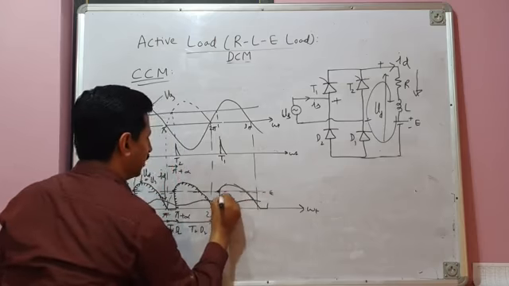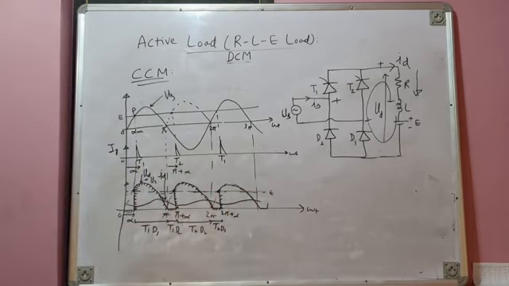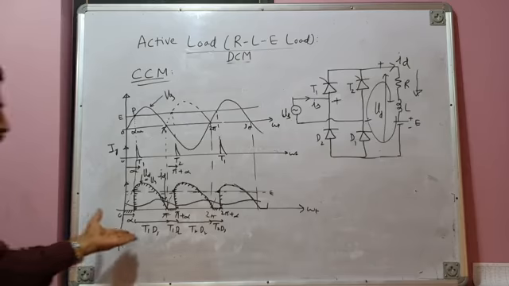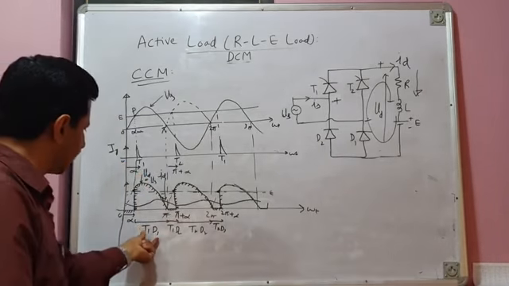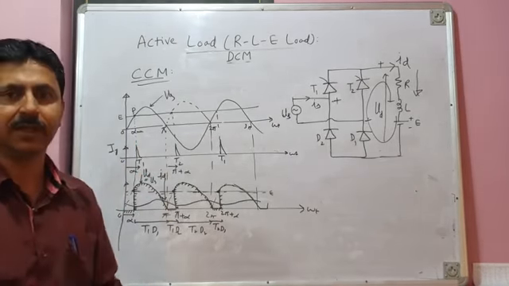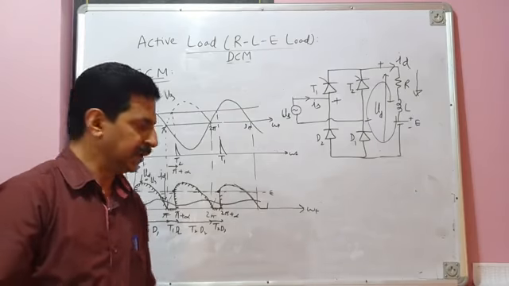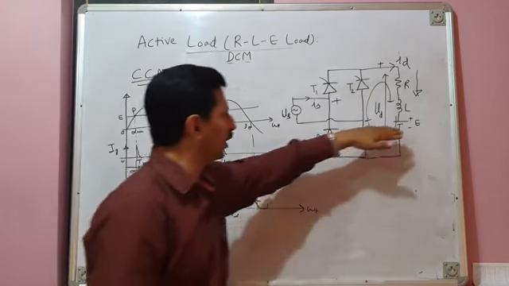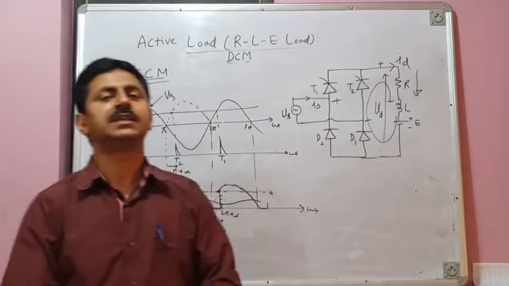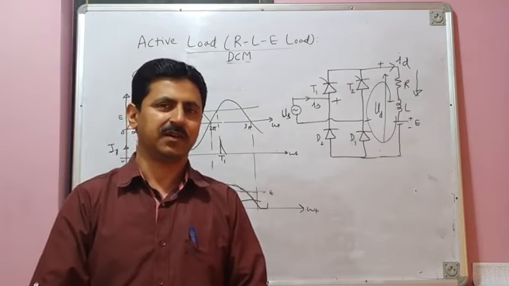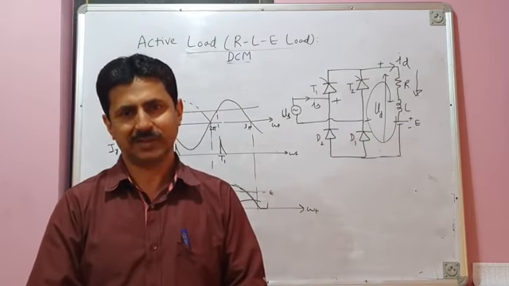So this is the nature of load voltage. Now we can see here we have only two intervals. We have the thyristor conduction interval and we have the freewheeling interval. There is no coasting interval. The question is, E is there. Load has its own EMF, but this E does not show its presence if the load current is continuous.